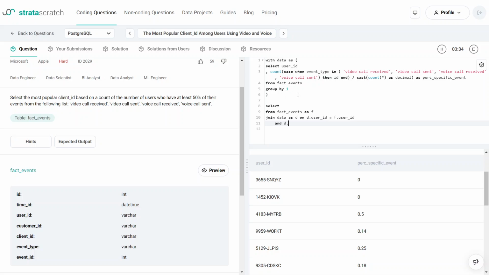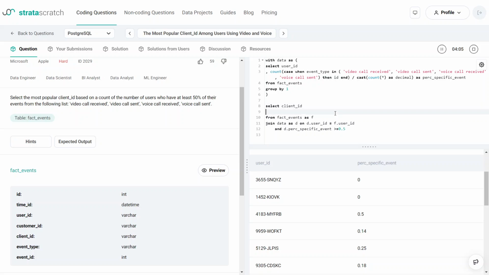And we want only those users who have at least 50%, so it's greater than or equal to 50% of their events from the list of events that they have. That's why we're doing this join. All right, so now we've restricted the events to just the users who have at least 50% of their events from that list. Now we want to count